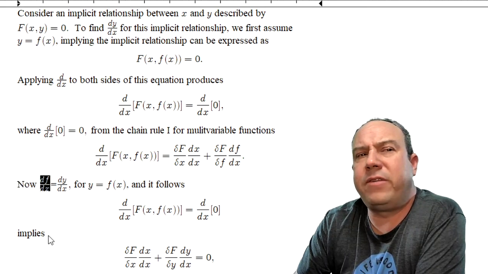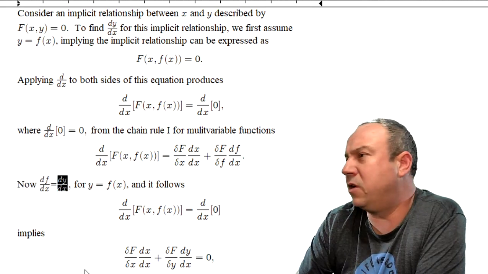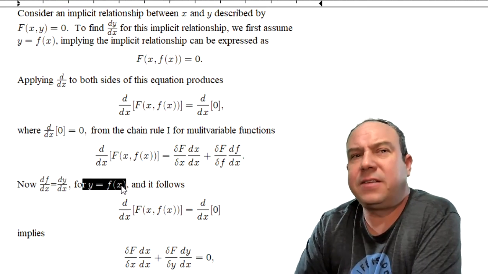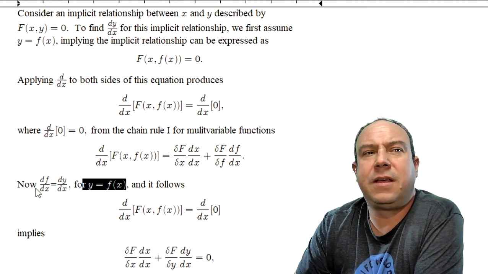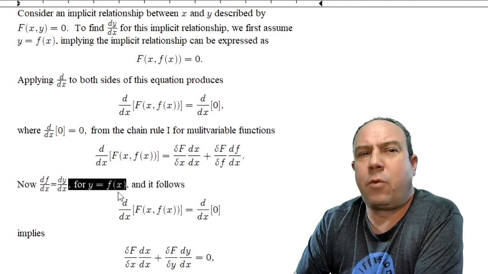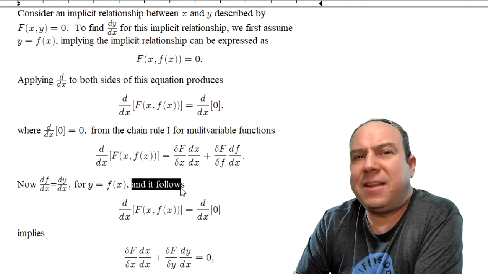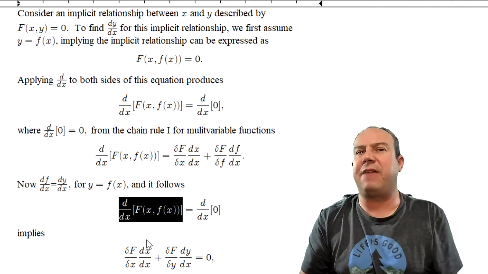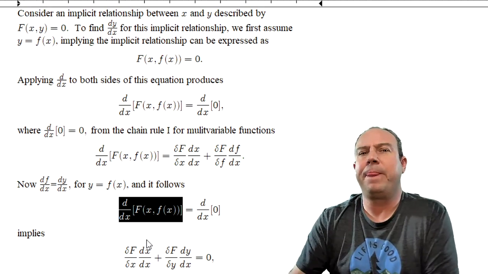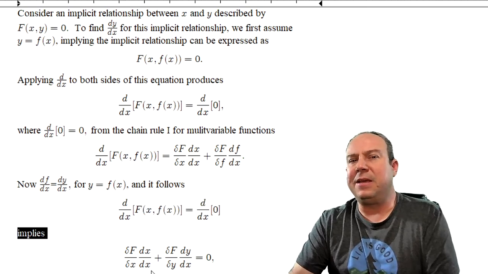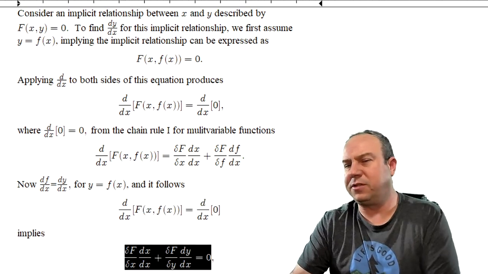Now, for the derivative of f with respect to x, which is also known as dy dx, for y equal to f of x. Now f dx equals dy dx for y equal to f of x. And it follows then that the derivative with respect to x for big F of x comma little f of x, which would be equal to the derivative with respect to x for 0, implies this result seen down here,